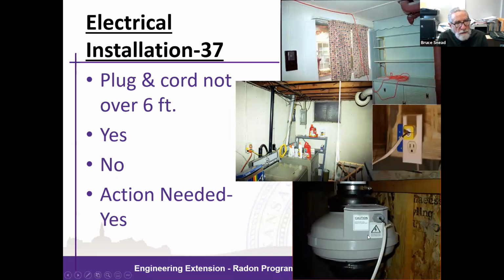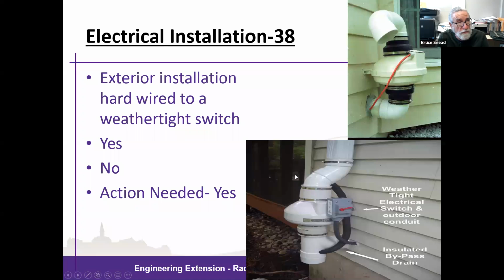We move now to electrical installations. The fan should be properly wired. You see a fan here with, in the bottom right, improper wiring in terms of the penetration of the wiring box. You see a fan here that's wired through an extension cord, improperly mounted horizontally and plugged into a timer. And here's one where the fan is plugged in by an extension cord. These don't comply with current electrical standards or codes.